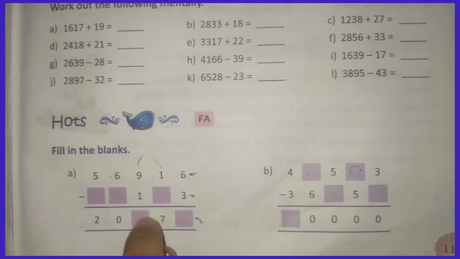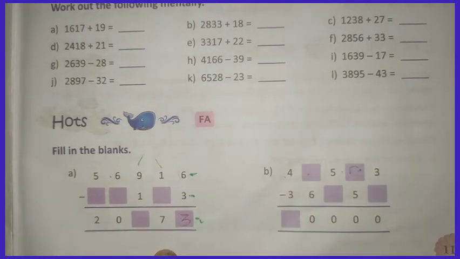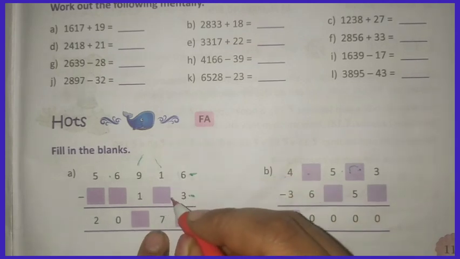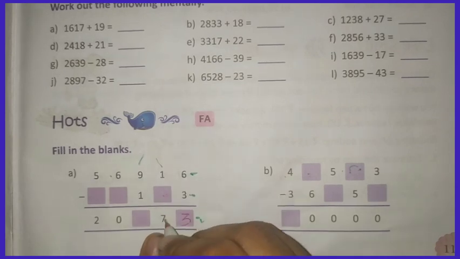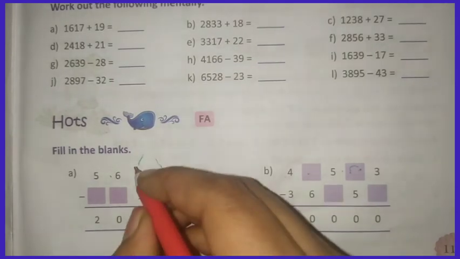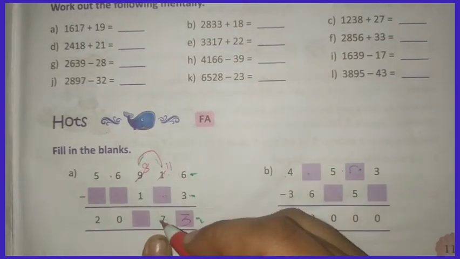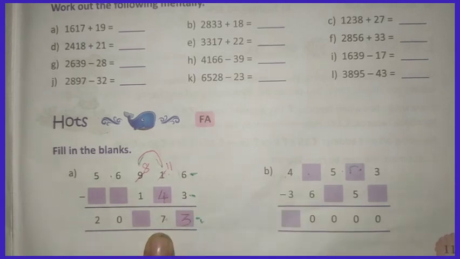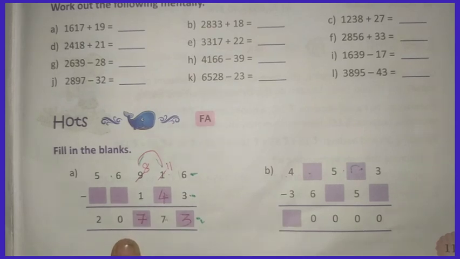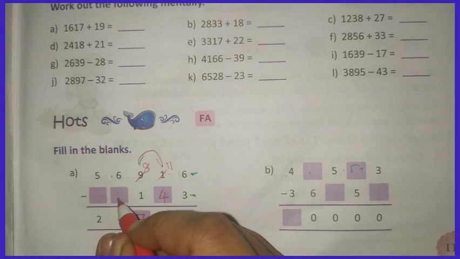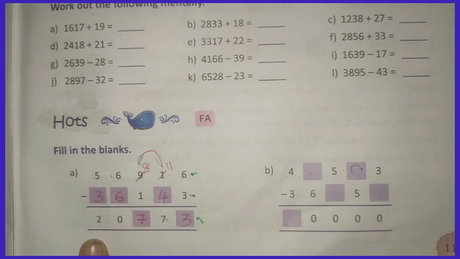Okay, look here, I will do a problem. 6 minus 3, 3. Now what I said, second means smaller number, if it is empty we will do subtraction only. From 1 we cannot subtract 7, so we will take borrow, it will be 11, and this 9 will become 8. 11 minus 7 is 4. Next, 8 minus 1 is 7. Now 6 minus 0 is 6. 5 minus 2 is 3. Like this we will do.